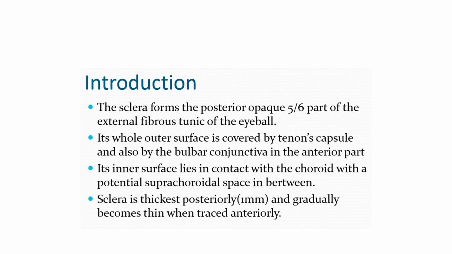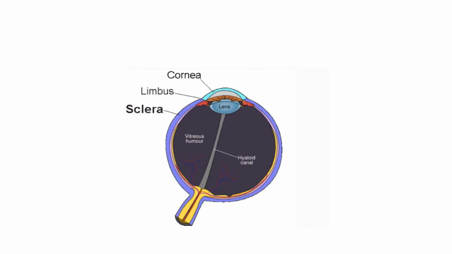So this is important because surgically we should know the thickness of the sclera, because when we are making a limbal incision or an incision on the sclera, we should have an idea how thick the sclera is, so that we do not make a through and through perforation of the sclera. This picture shows you a cross section of the eyeball wherein it is shown cornea. Then there is a limbus, which is a transition zone between sclera and the cornea, and the sclera.